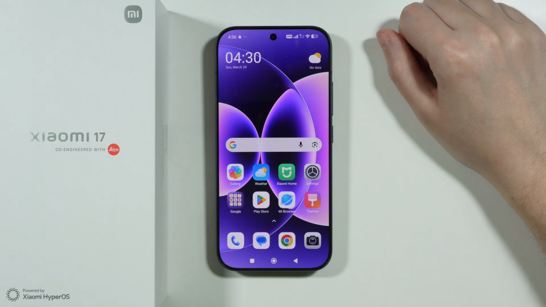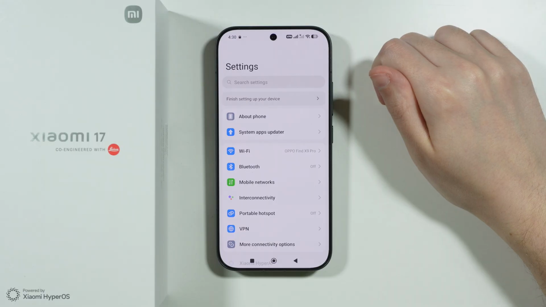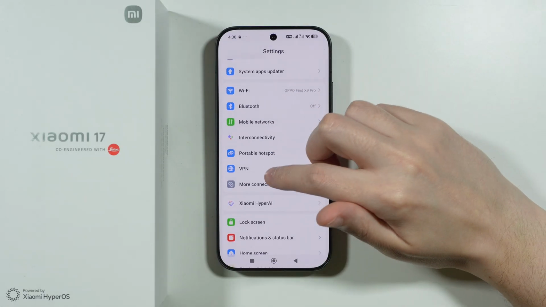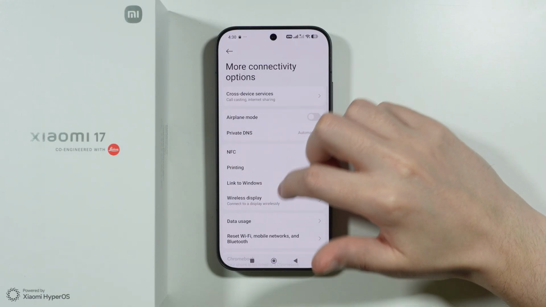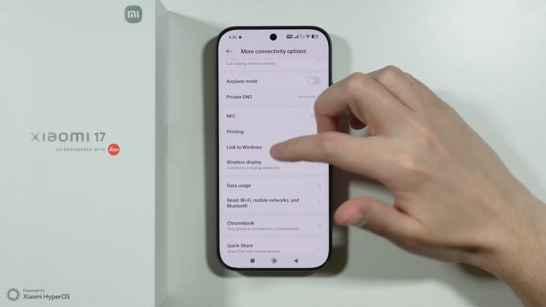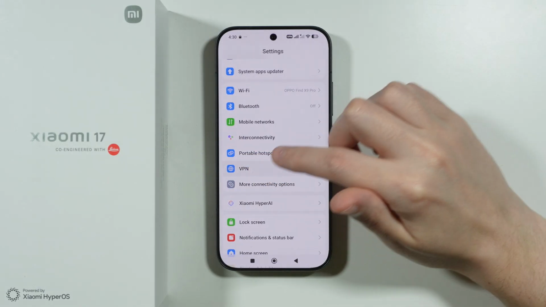If you want to set up a VPN on Xiaomi 17, what you need to do is go to settings. Over here in settings, you should be able to proceed to the more connectivity options, and then in here you might be able to find the VPN option, which is usually above NFC or somewhere close to it. In my case, the VPN option is available in the main page of settings, so I can go